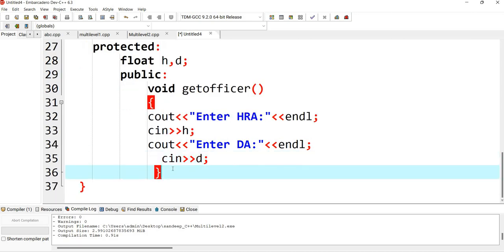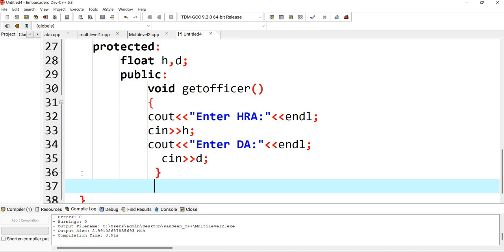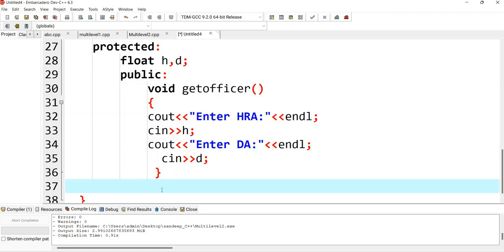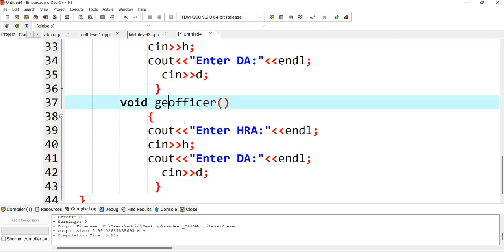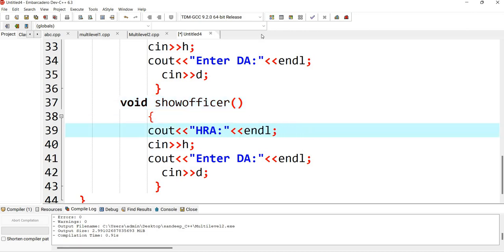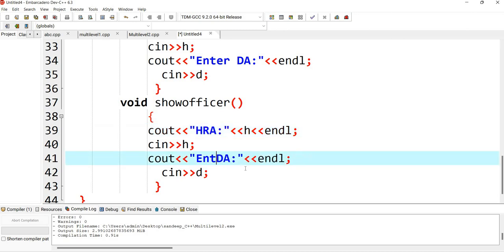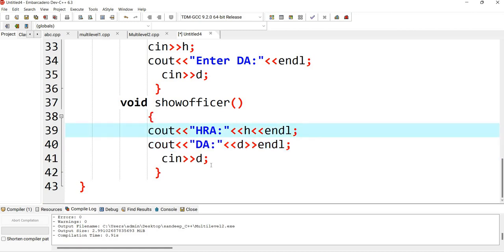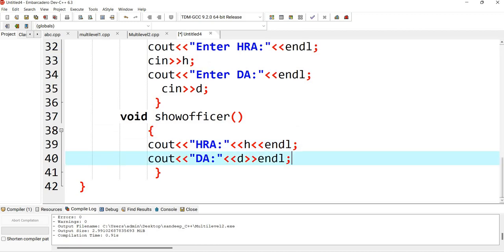Another member function for displaying those values, for example, show officer. I'll display HRA and DA, simply I'll write D. This is not the input function, so I'll just remove this and this will display only the HRA and DA.